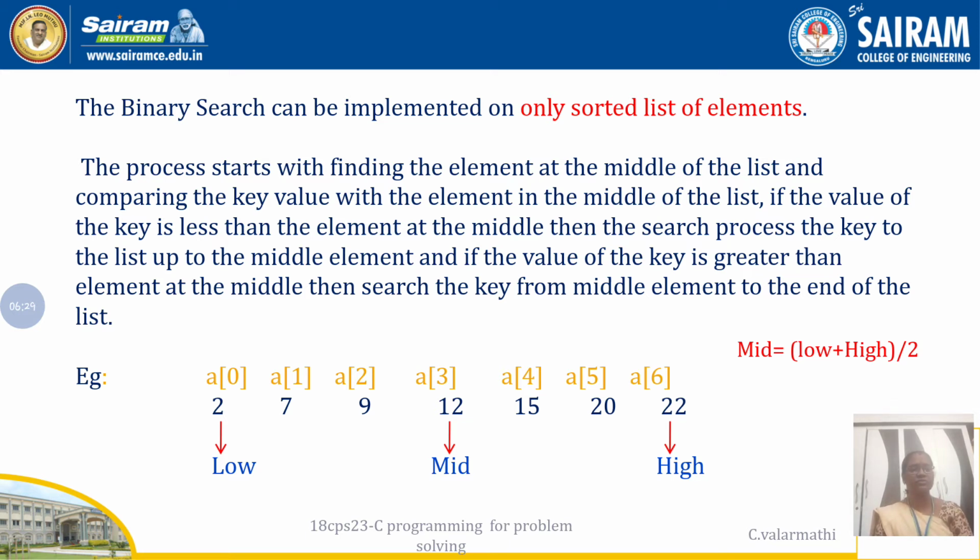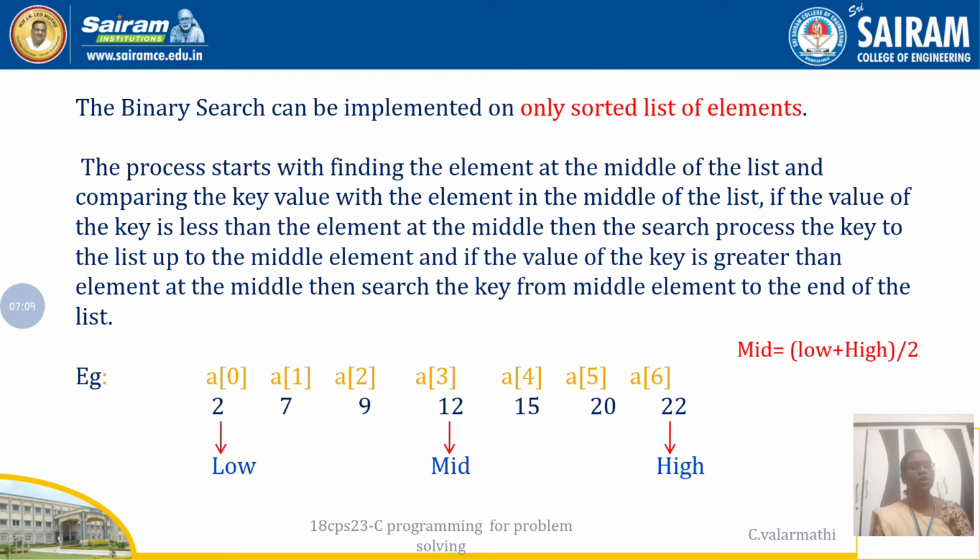The first task of binary search is to find the middle element of that array. In this example I have given 7 elements, from location 0 to 6. But before finding the middle, first it will assign the low point and high point. That is the first and foremost part. The first element is denoted as the low point. The location, not the element, the location.